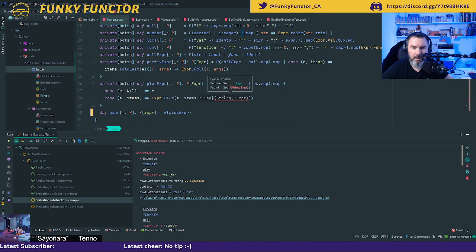So now it gives me a sequence of string and expressions. Aha. Okay, I think I'm starting to get it. So it was finding the prefix expression, and okay, so now I've got these.